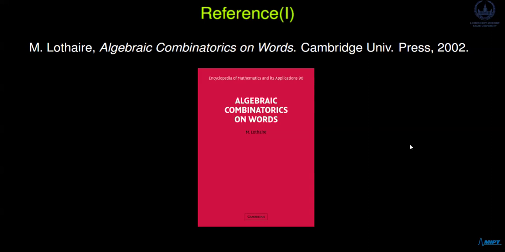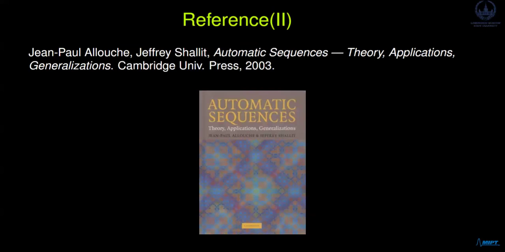So I highly recommend this book as a detailed and rigorous reference for both fundamental concepts and advanced topics in the field. If you are interested in exploring more about combinatorics on words, this is an excellent starting point. Actually, it has a mathematical flavor. But the next book we will use in some part,